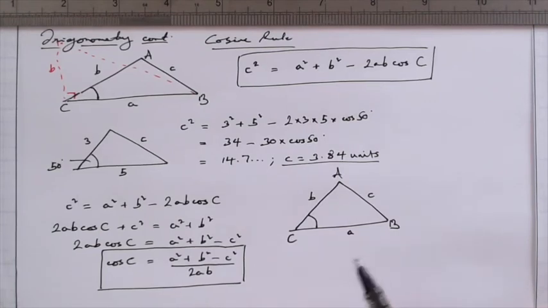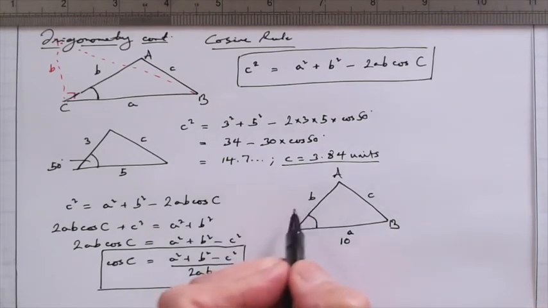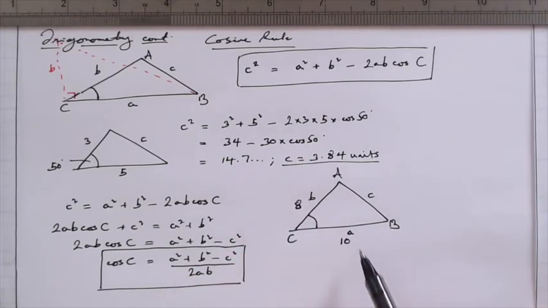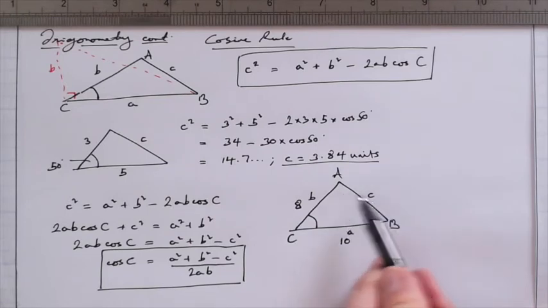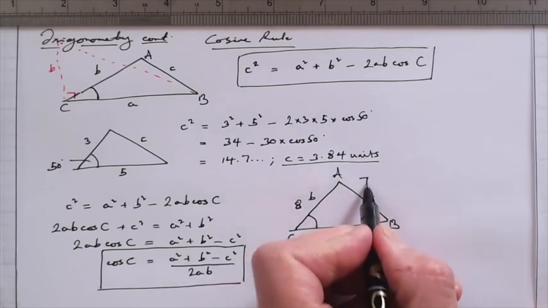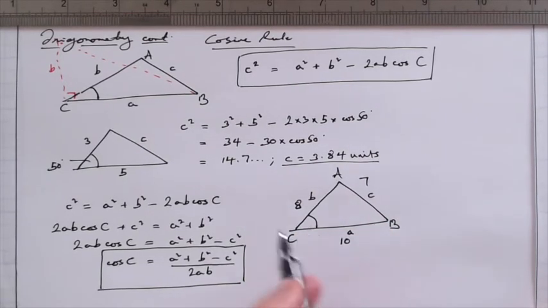And let's say that this length here is 10. Let's say this length here is 8. And let's say that length there is 7. And then the question is, what's this angle, C? Now one has to be a little bit careful using this formula, that if you're given all 3 lengths and asked to calculate a certain angle, you have to identify,